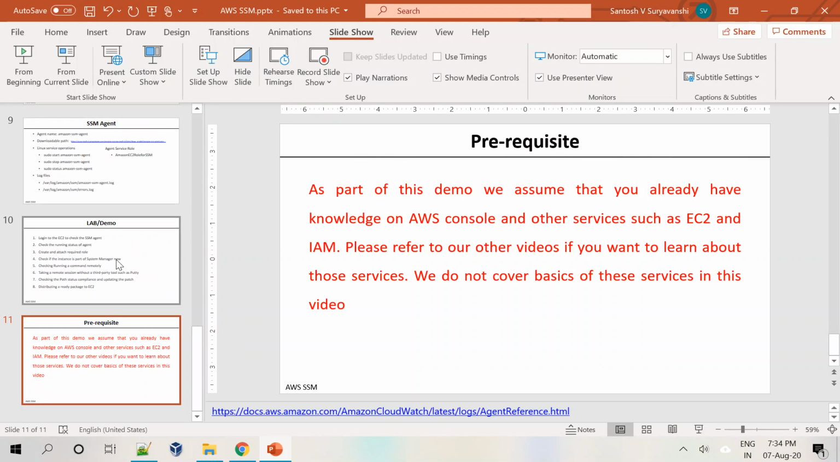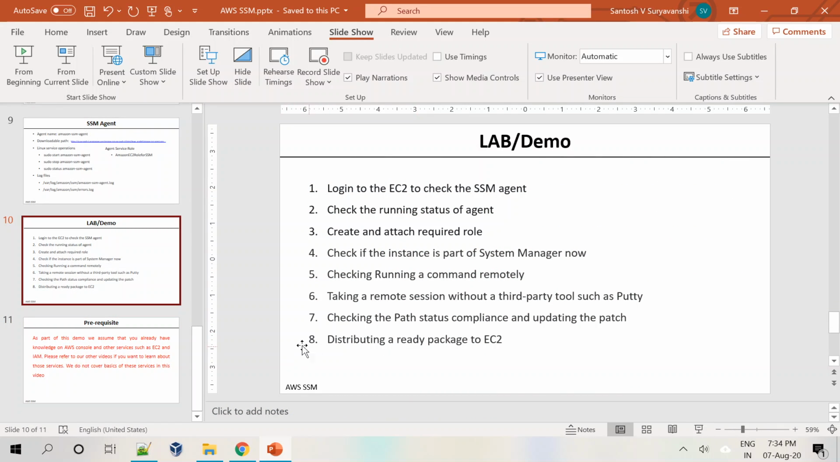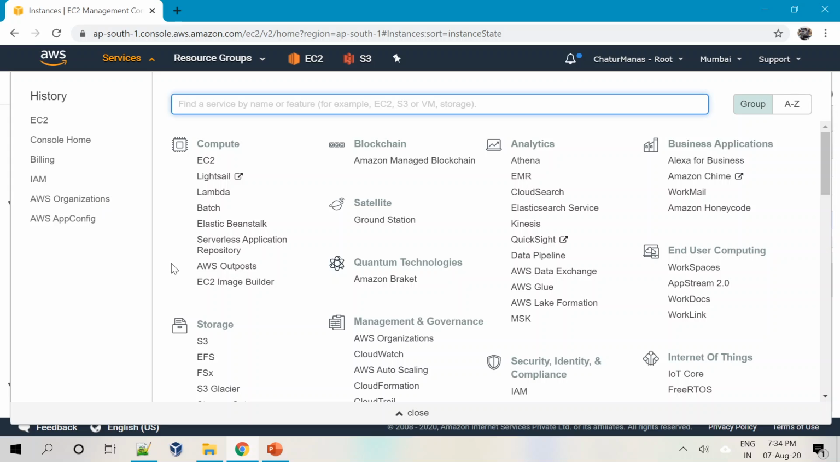So for this particular demo, I'll just keep it here just for the steps' sake, and I will go to my Chrome browser where I have already logged in to my AWS. So this is my account and this is the region. I'm currently working in the Mumbai region. I will go to EC2,